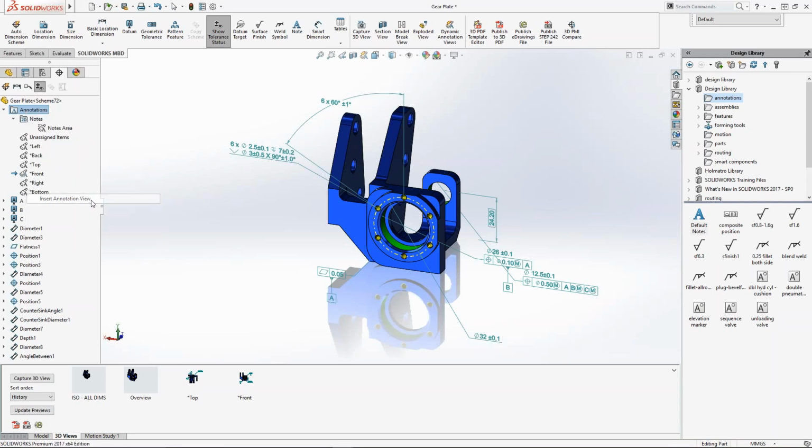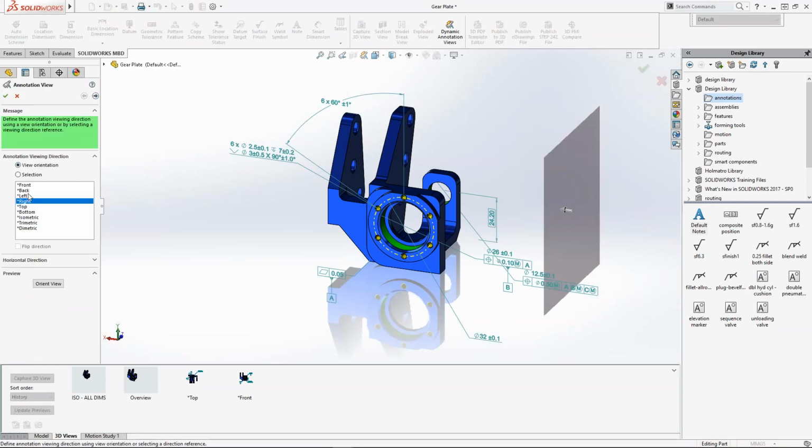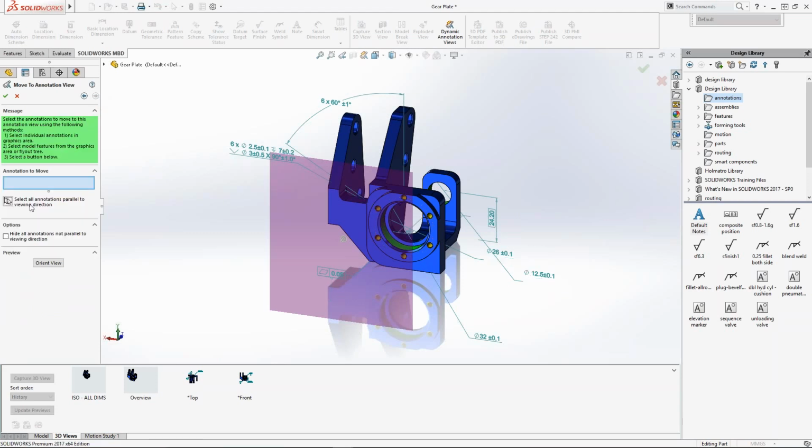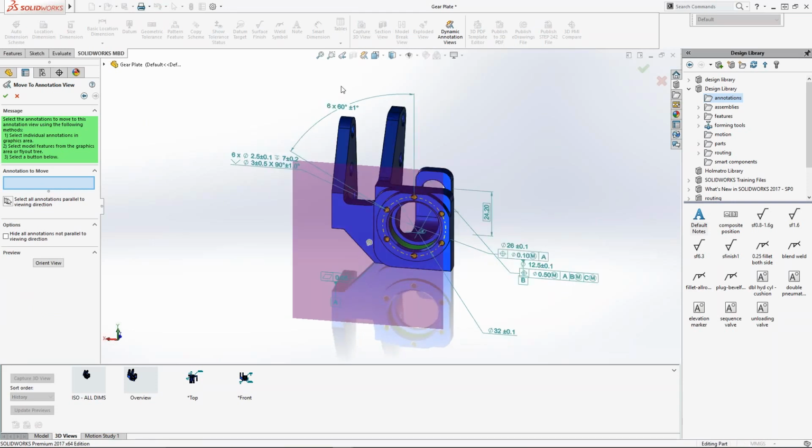Insert annotation view. Sorry, I had a blank for a second. Now the orientation for that view is front. I go next. And in here is where I'll specify the annotations that I want to move to that view. So the only annotations that I do want for those will be the annotations that are for that